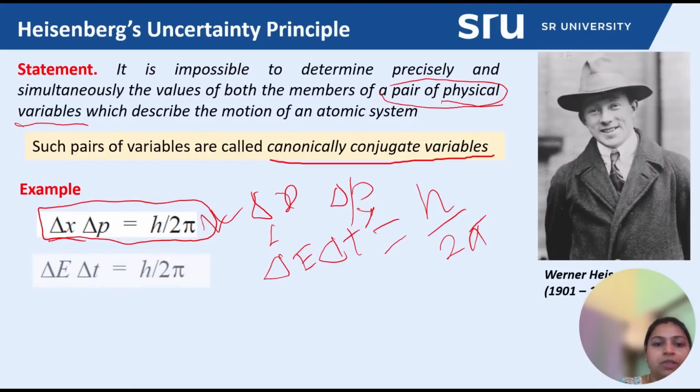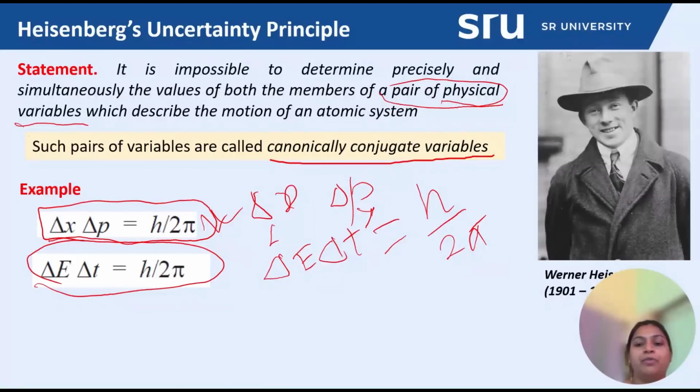Yes, this is the formula for energy with time. According to classical ideas, it is possible for a particle to occupy a fixed position and have a definite, finite momentum, and we can predict exactly its position and momentum at any later time. But according to the uncertainty principle, it is not possible to determine accurately the simultaneous values of the position and momentum of the particle at any time.